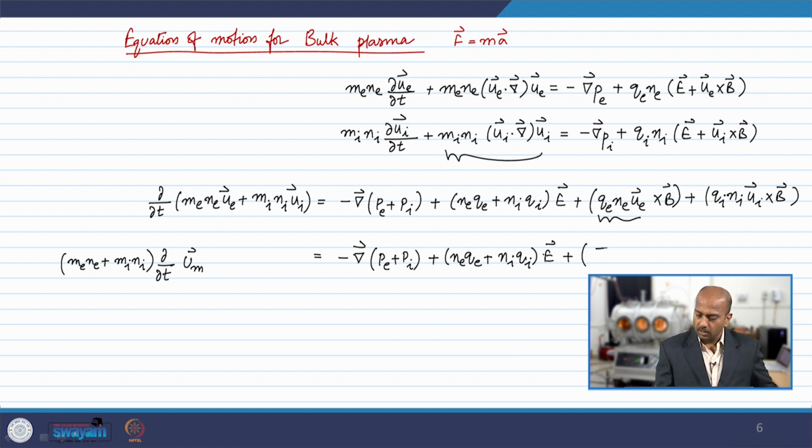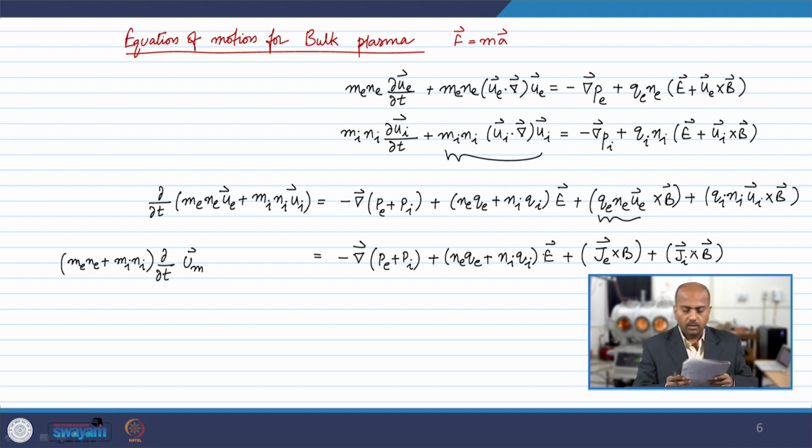So, this is basically J cross B for the electrons, right, plus J cross B for the ions,